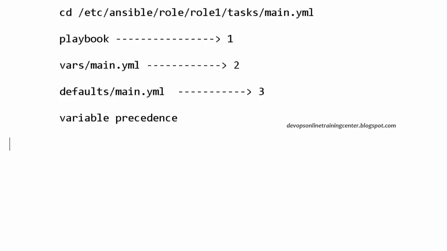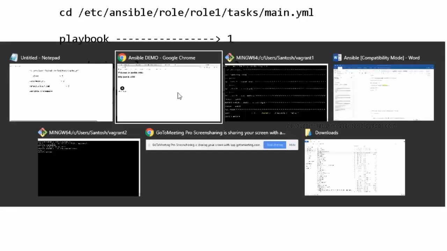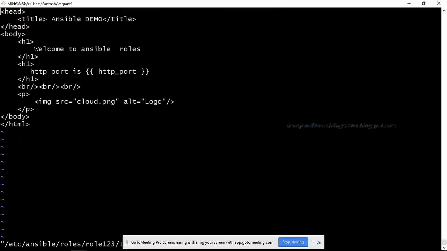So like this, we can declare the variables. Let us say I want to define something like this. Roles, role 1, 2, 3, and then templates and index.html. I just want to specify my Ansible underscore OS underscore family.